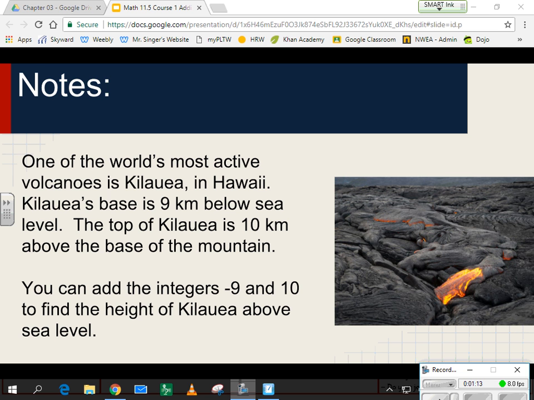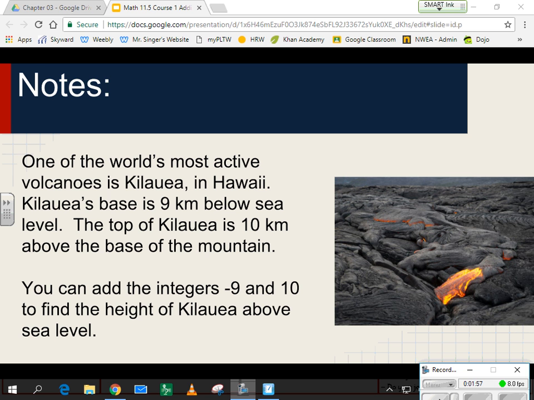All right, let's connect this with a little introduction here. One of the world's most active volcanoes is Kilauea in Hawaii. Kilauea's base is 9 kilometers below sea level. The top is 10 kilometers above the base of the mountain. So when you see below sea level, that 9 is a -9, a negative integer, and the 10 is above the base of the mountain, so that'd be a +10. Positive numbers we don't put a plus in front of, we just write the number. So we're going to be working with stuff like this today, and it's a pretty cool picture of a volcano flow there